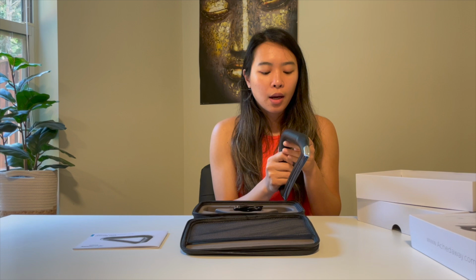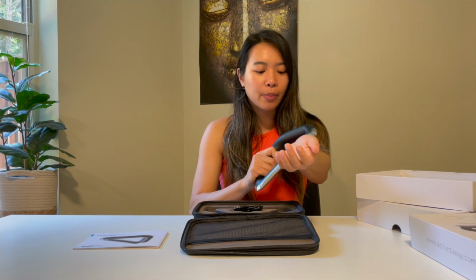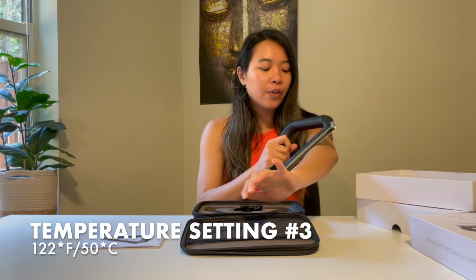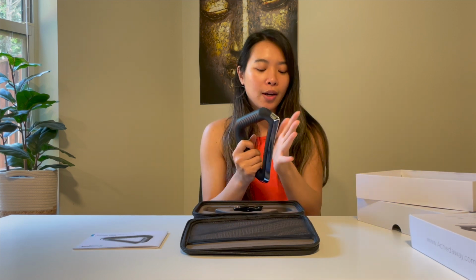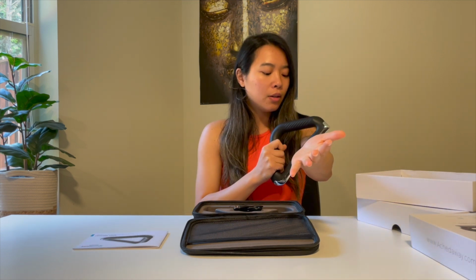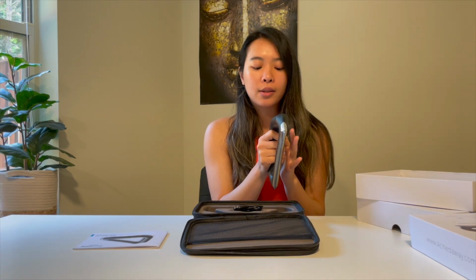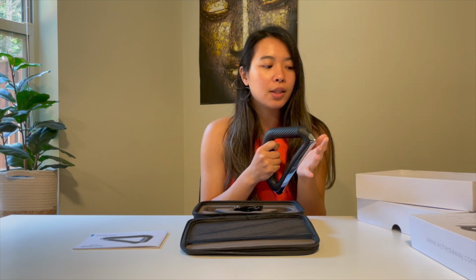And look, we haven't been filming this portion very long and it's able to get hot very quickly, which I'm really impressed about. Okay, see, the 122 degrees Fahrenheit is like too hot for my forearm. And yeah, no, I don't even think I would use the hottest setting, the 50 degrees. I like that 40. And then maybe like my thighs,